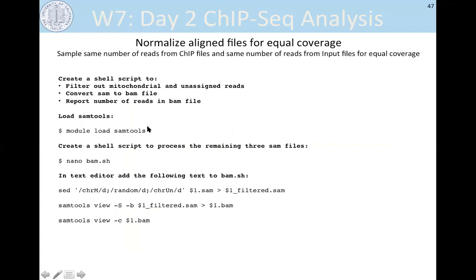enter the flash scratch folder with cd flash scratch, and then we are going to load the program SAMtools. So this is a program that comes already installed on the Hoffman cluster, but in order to use the program, you have to load it. So we'll use the command module load the same way we loaded Bowtie 2 yesterday. And then we're going to write a custom shell script to,